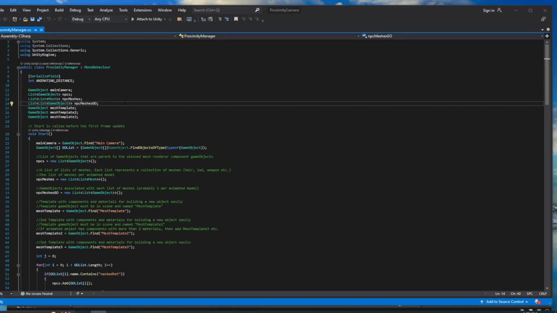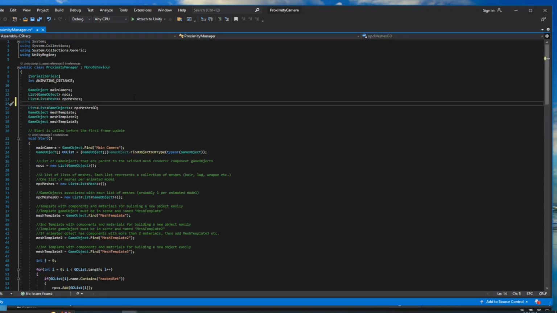the first step is we're going to be adding a second list of meshes. Up here, if you remember, last week, each one of these lists represented a list of 3D models that we were going to be rendering. So one of our characters is basically a group of meshes, right? A list of meshes. So we need a second one because